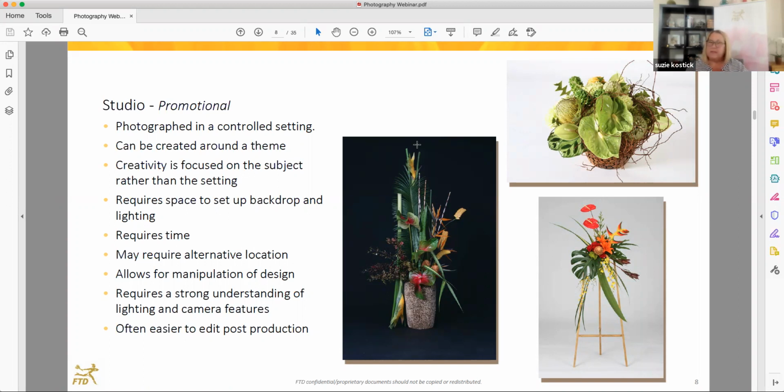The only good thing with this is that it makes it really easy to edit the photographs in post-production, although I don't recommend creating designs that need a lot of editing. It just takes time and money. So those are the three types of photographs that a lot of what you see stems from,